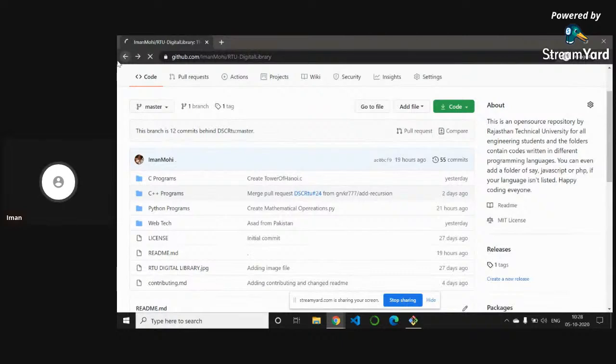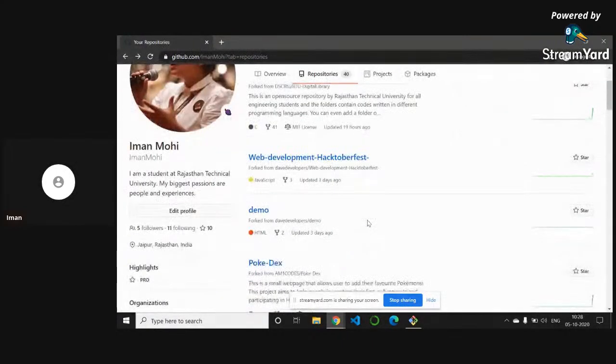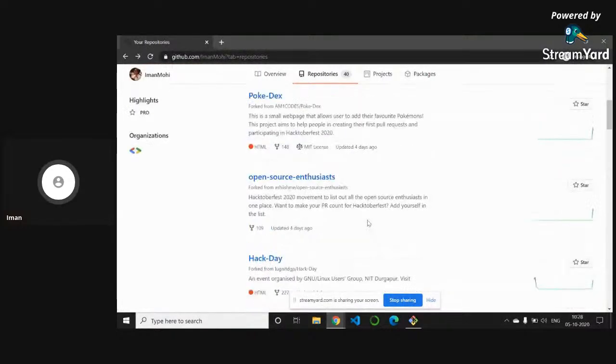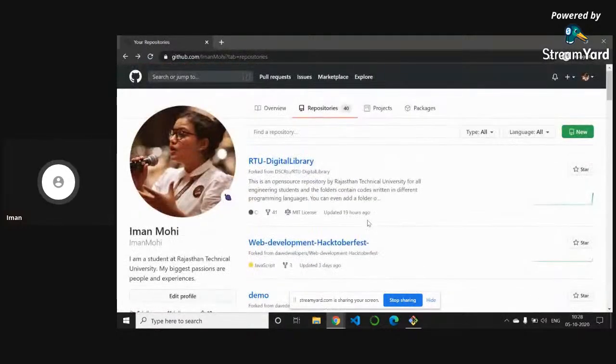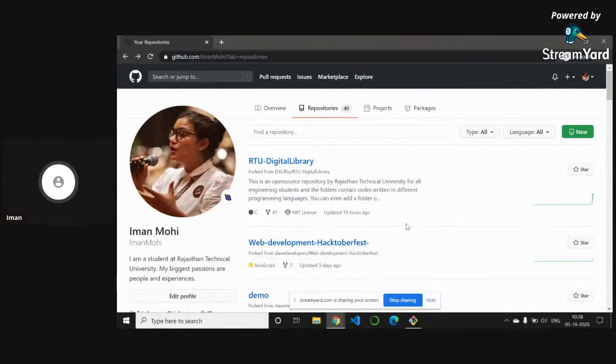So one GitHub account can host a number of repositories, and these repositories hold your code, and this code is stored on a cloud. You don't have to worry about losing the code, or about maintaining the code. Git is taking care of it for you. All right, so